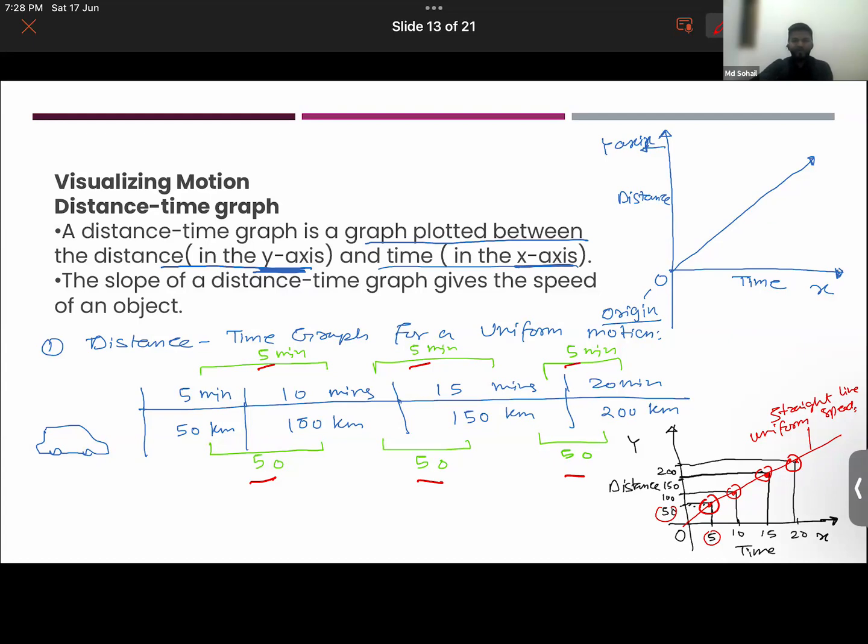Yes, sir. Okay. And in tomorrow's class we will talk about non-uniform motion, where we will see that the speed of the body keeps on changing at different intervals of time. Hence, their graph is